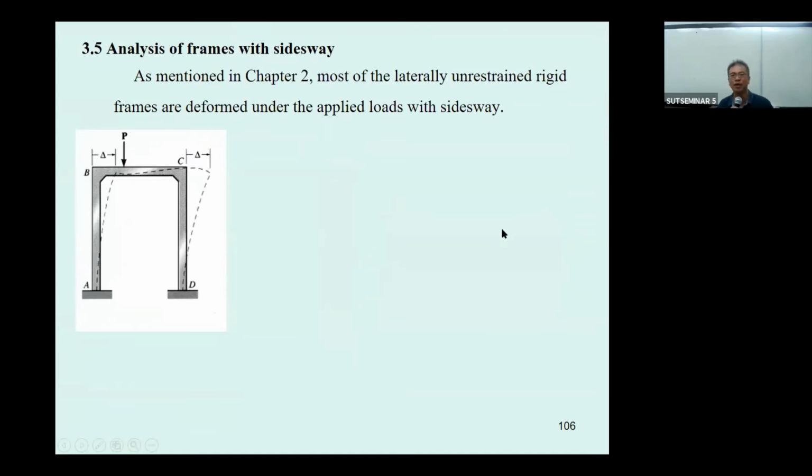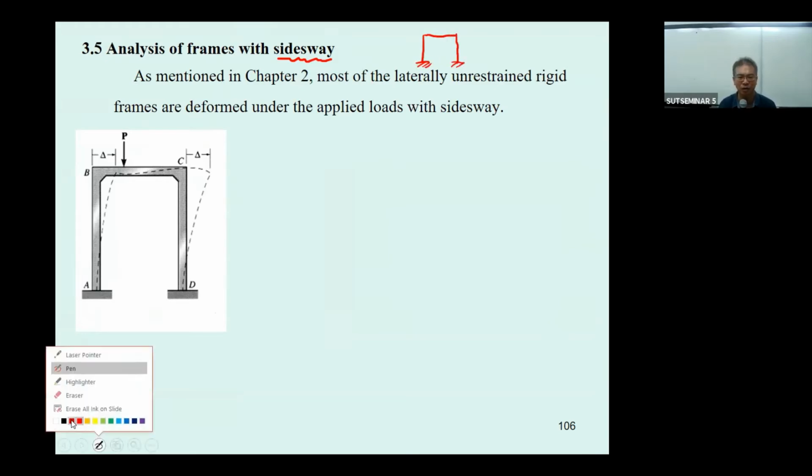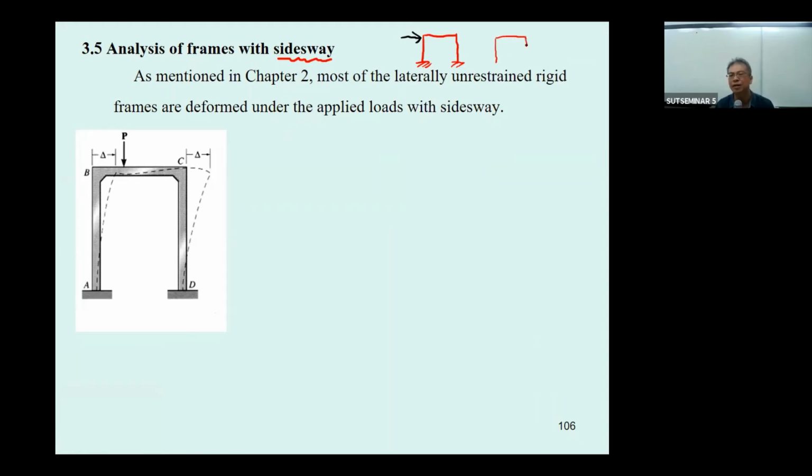We come to the problem with the frame with sidesway. The frame with sidesway always occurs in many kinds of typical structures. Even though the structure is symmetric, it is subjected to a lateral load. It may come from the wind load or the earthquake load. This frame also has sidesway. Or even though the structure is subjected to a symmetric load, the structure itself is not symmetric, such as for this one,